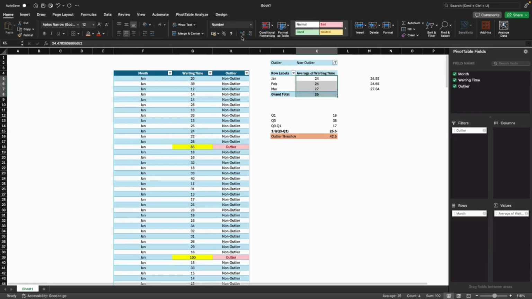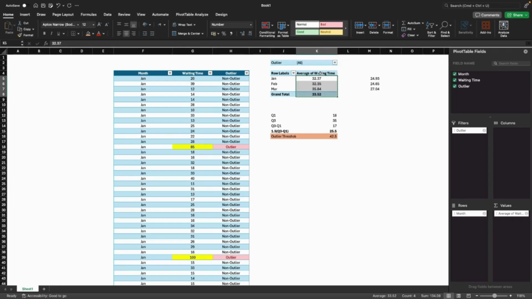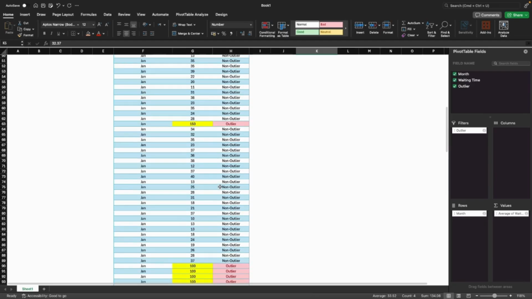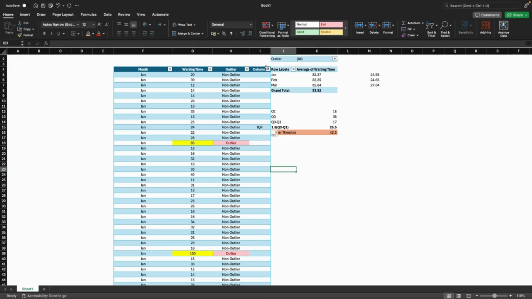Let me increase it to two decimal points. And if I again add the outliers, the average will change to 32, 32, 35, which is not the true measure of averages because it is being distorted and skewed by these outlier data points, which very often come into the data set. And this is a very easy way of doing it. This is called interquartile range, IQR, and it's a statistical way of calculating the outlier. What we need to report is